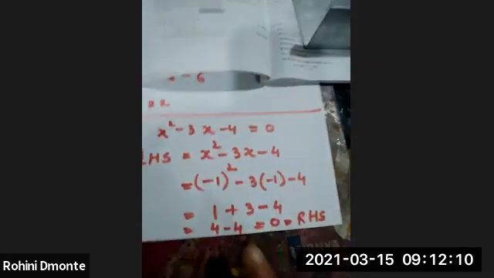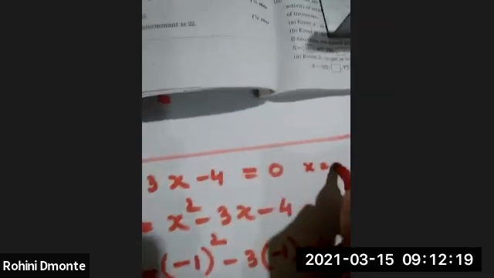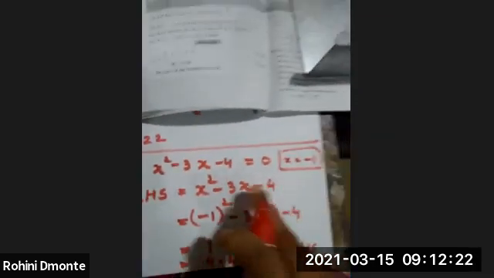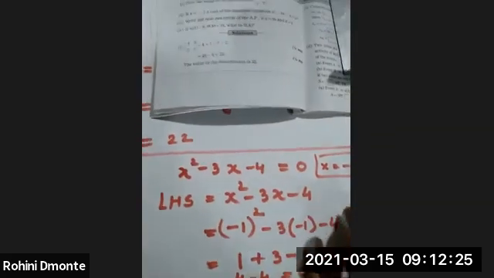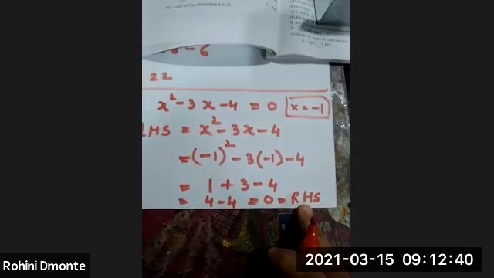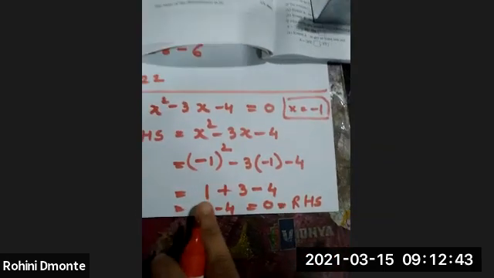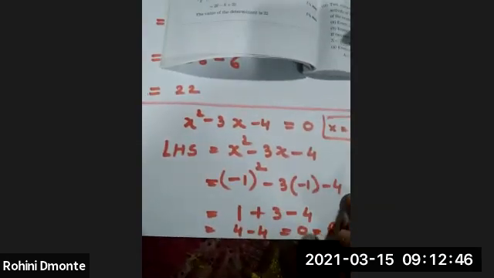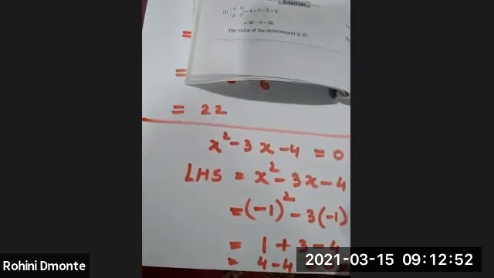Since in this equation left hand side is coming equal to right hand side, we can say that x is equal to -1 is the root of this quadratic equation. Understood? So here which steps you have to follow? First of all, you have to write this step, right? Then substitute the value of x as -1 and check whether left hand side is coming equal to the right hand side or not. Okay. Now finally we should write, therefore x is equal to -1 is the root of this given quadratic equation. Understood, students? Okay, now let us move to the next sum of question number 1B.